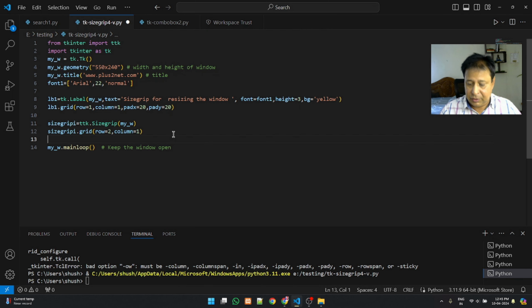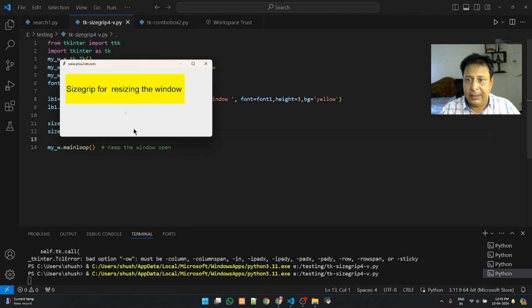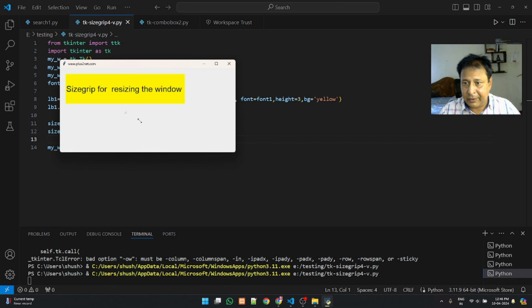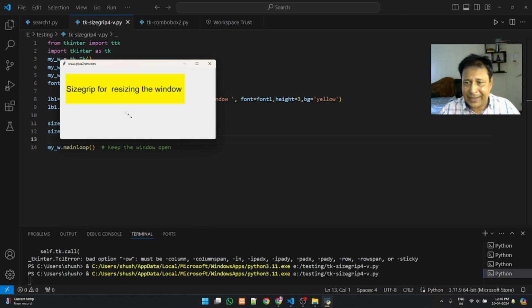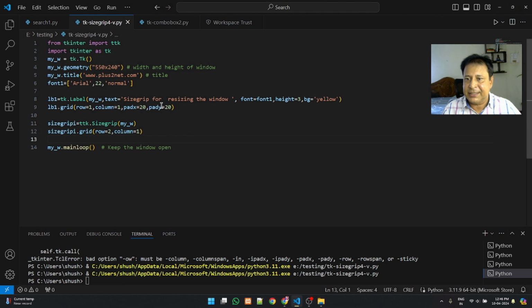Now let me just give a break here. Fine. Let's just run this and see. Yeah, here you can see the grip is here. I can use this, but this is not where the position is. Let's understand how to precisely position this. Different areas we can position this. You can see here. Or before that, let me just add a style to it, so it will be visible